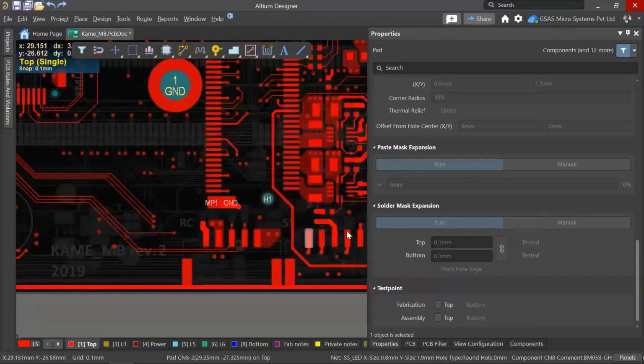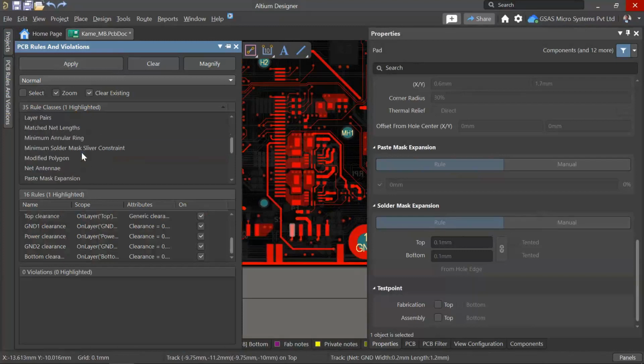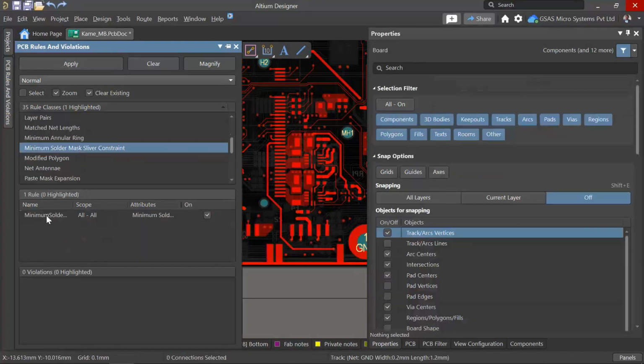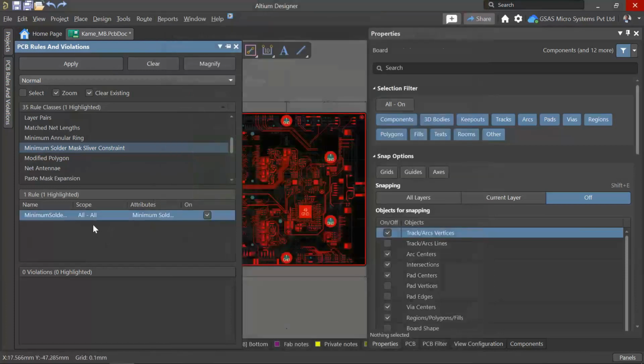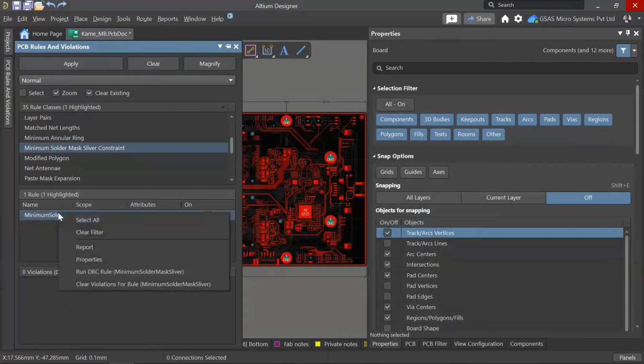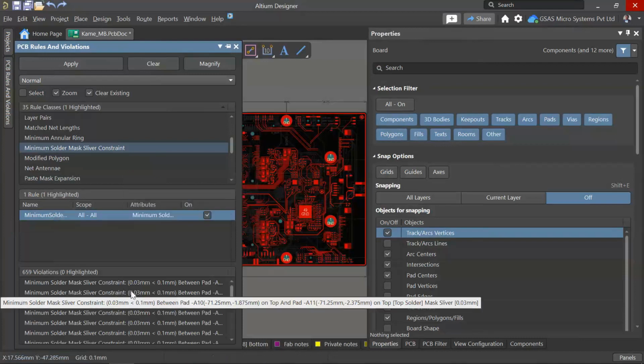Now let us see if you have any errors. We will get them from this minimum solder mask sliver constraint. Now let us go to the minimum solder mask sliver constraint rule. Here I have set the clearance between the solder mask openings to be 0.1 mm. Let us see if we get any violations inside this design. Let us right click on this and run design tools for the minimum solder mask sliver constraint. We have got almost 690,